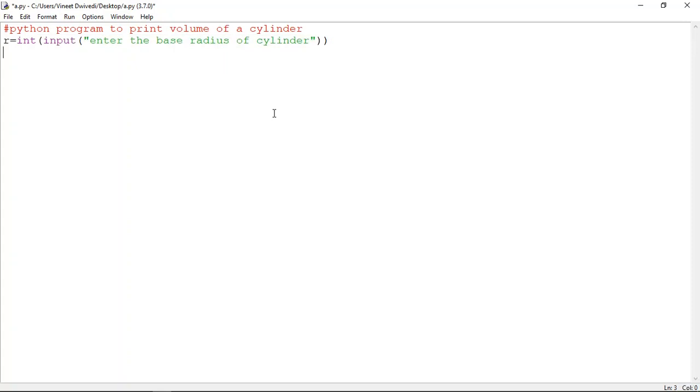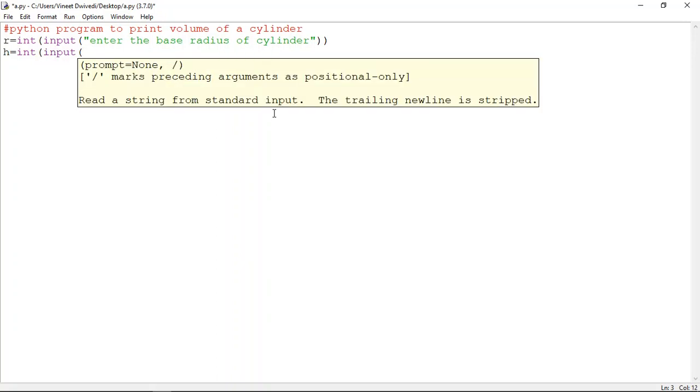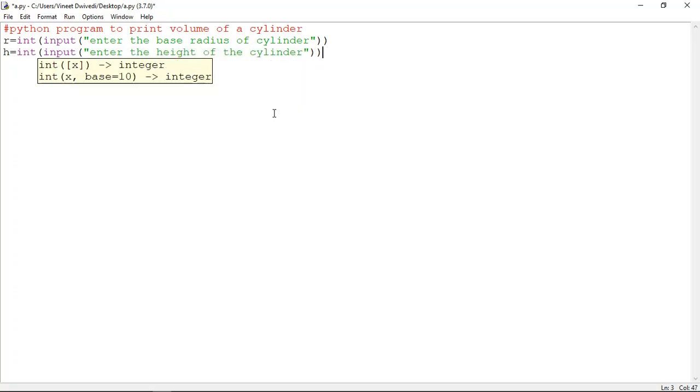Then h is equals to, again int input, enter the height of the cylinder. Let's close this bracket and close this one too. Now you have taken the two variables as r and h, so the message will be asked and accordingly you can give the input to the radius and height of the cylinder.